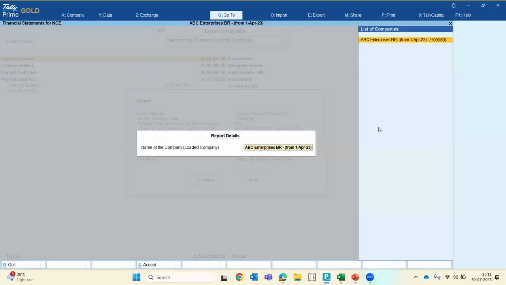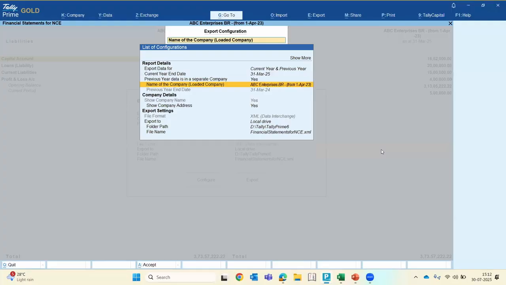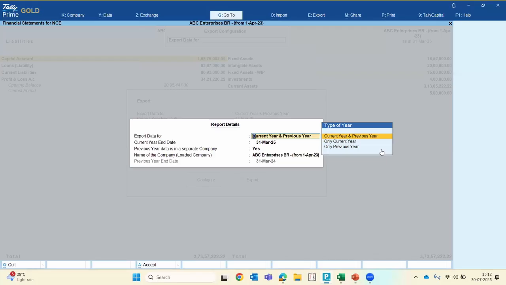Now that company will be listed over here only if you have loaded the company. This would be definitely helpful for many users whose data is huge and who would have split the company for some reason. So you need not worry about that. Both companies, two years in separate companies, will still be addressable in Tally. Simultaneously, if you want a simple way of imports, meaning you want to take only the current company from one company and the previous year from another company, that flexibility has also been provided in this